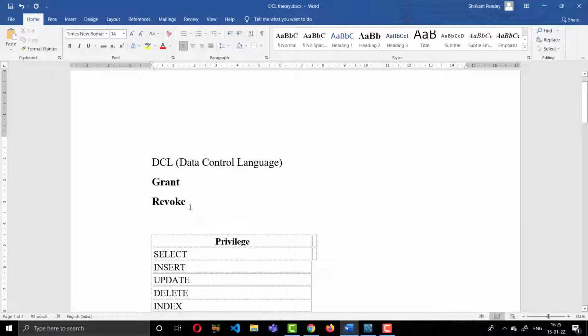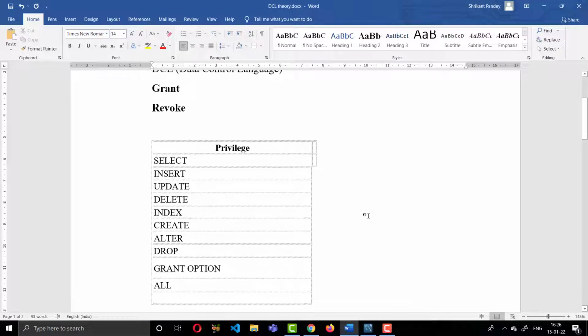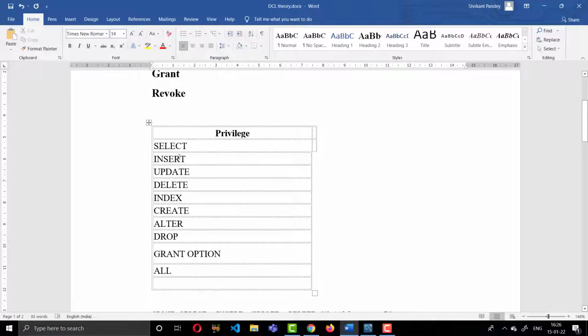REVOKE is used when, suppose you have given permission to the user Ram and now want to take off all the permissions you set for Ram, so that Ram no longer has permission on the table. For that purpose the REVOKE command is used. The privileges available are select, insert, update, delete, index, create, alter, drop and grant option. You can perform whatever operations you mention here.